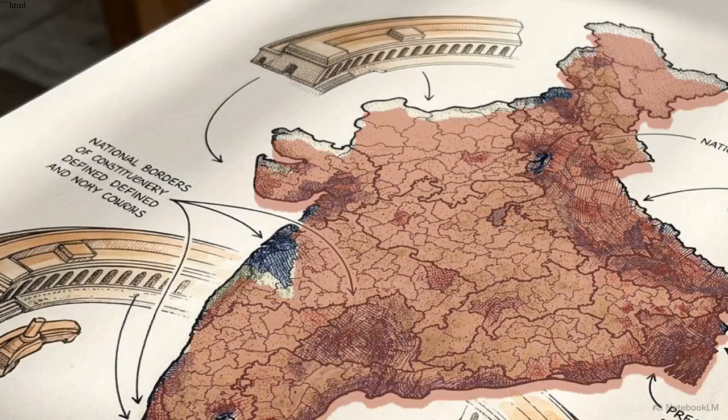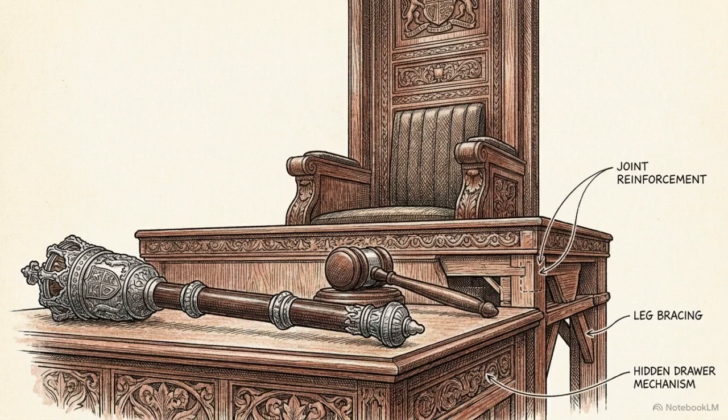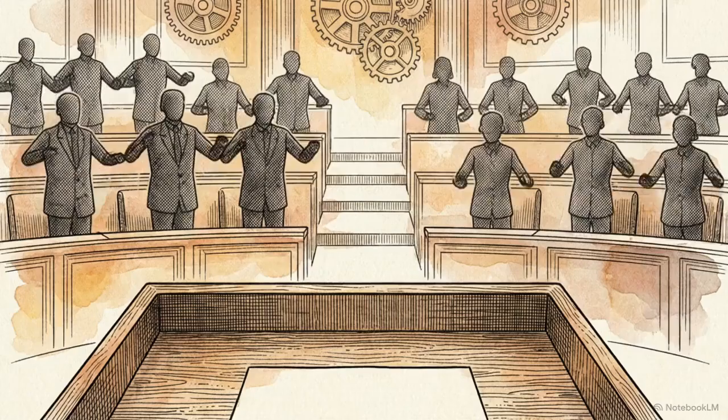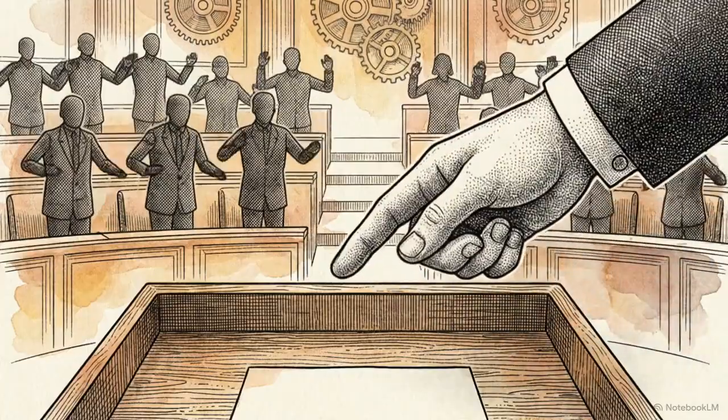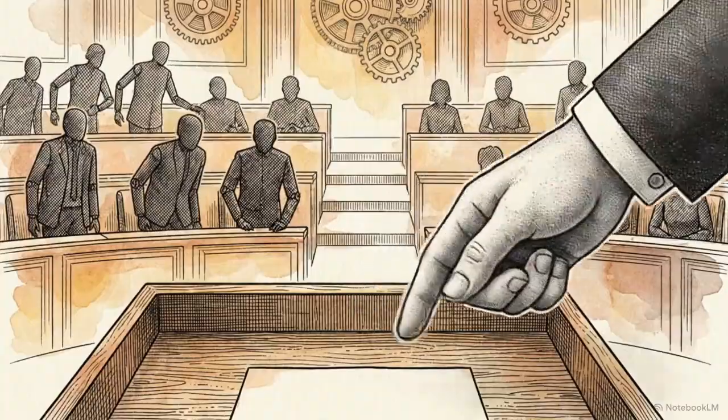This map shows how India is divided into constituencies. Seat allocation follows population density, meaning areas with more people send more representatives to ensure the national will is proportionally represented. To prevent 500 voices from descending into chaos, the chamber elects a speaker. This official acts as a referee, maintaining decorum and enforcing rules during intense policy debates.